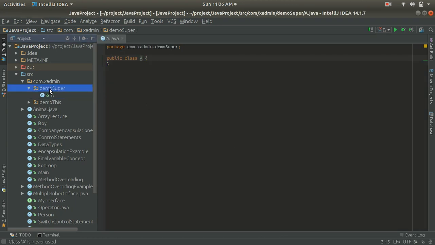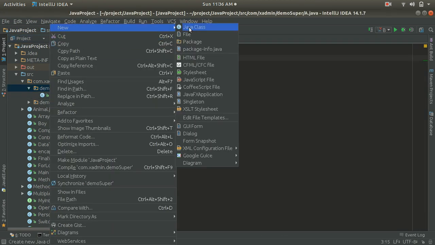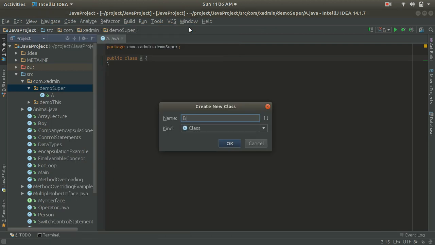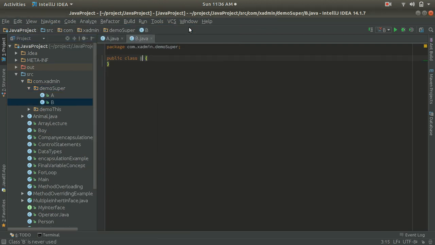Now again I am creating another class with the name B. Fine. Now I have two classes, class A and class B. I will extend class B, so class B extends class A. It means that class B is a child class of class A, and class A is a parent class or a super class.